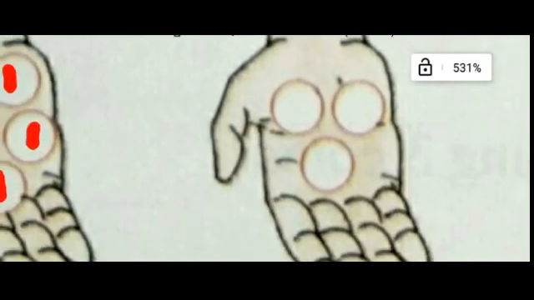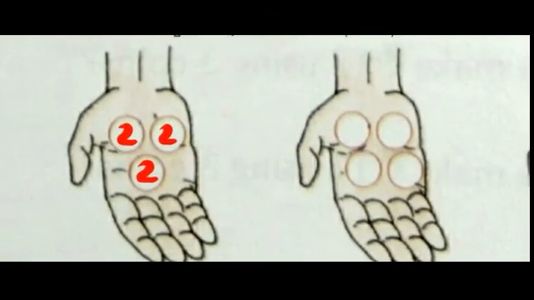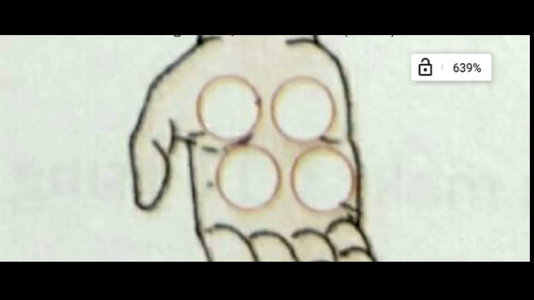Now here we have only 3 blocks and we have to make it 6. We can use 2, 2, 2. If we use 3 2 rupee coins, it will make 6 rupees. Okay, let's see the next one now. Now we have 4 blocks and we have to make it 6. Okay, so we can use first 2 rupee coin which will make 4 rupees. We need 2 more. So we can use 2 1 rupee coins. It will make total 6 rupees.